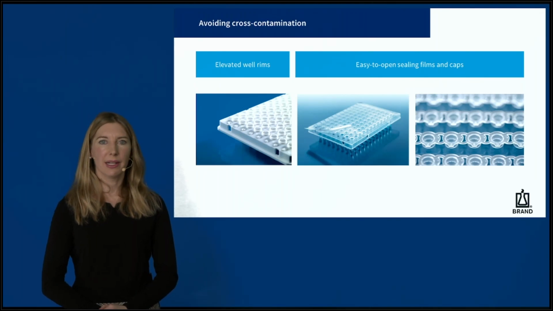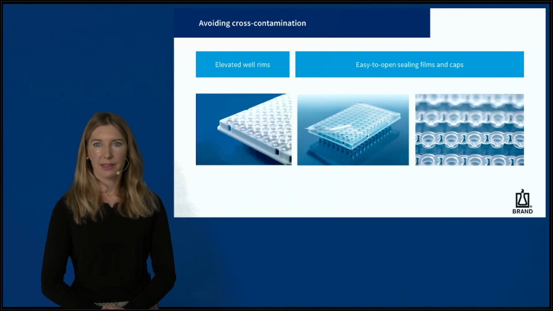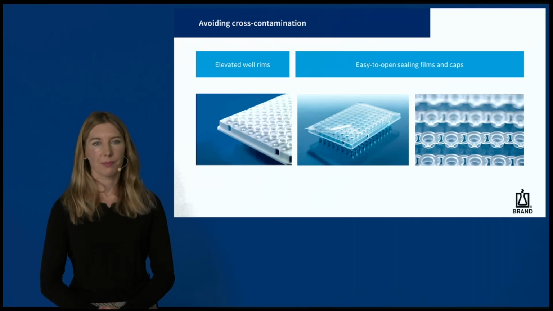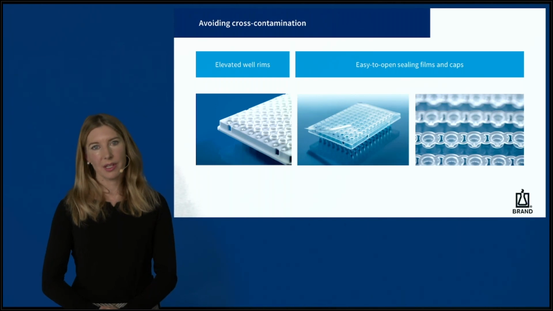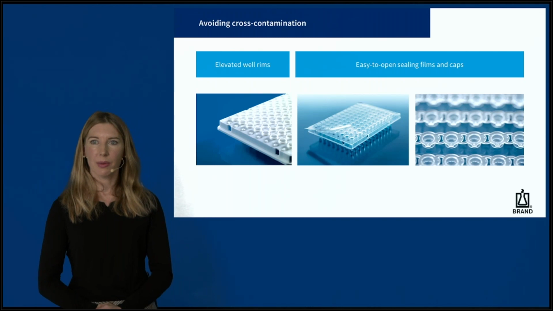Elevated wells of PCR plates and tight closing caps or sealing films help to avoid cross-contamination. The secure seal prevents contamination to ensure reliable results, while also reducing costs due to minimized evaporation. Choose domed caps for extra sealing pressure via the lid of the thermocycler, or flat caps required for qPCR. Attached cap strips can be easily opened and closed with one hand, while separate cap and film strips are especially suitable for automation as they will not obstruct robotics.